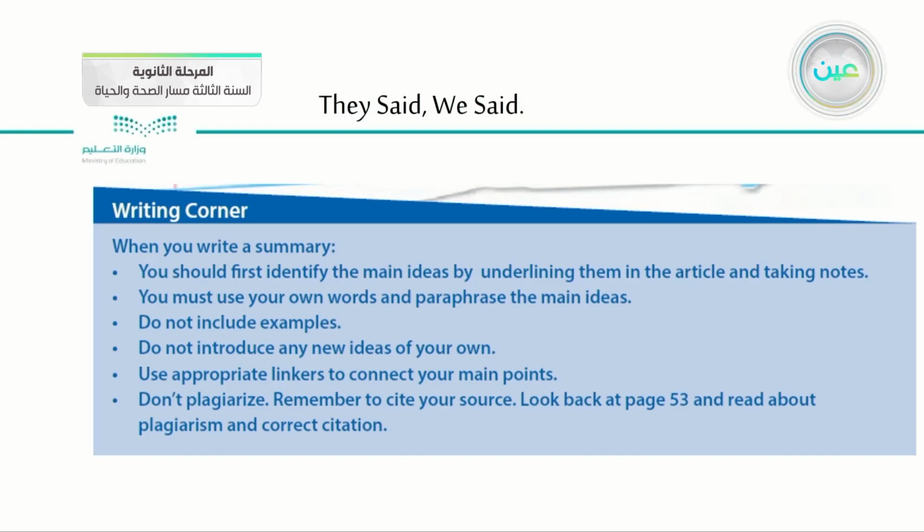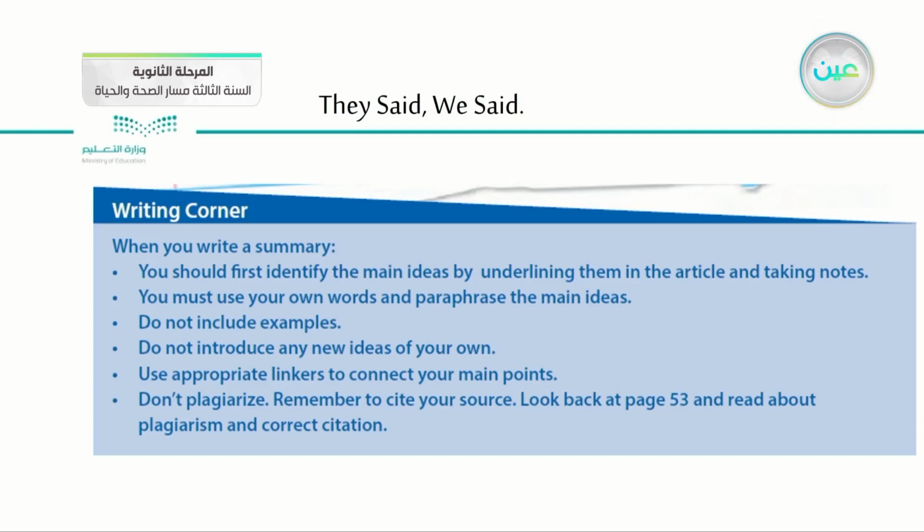We are writing the ideas in a nutshell, so we don't have much space to include these examples. After that, we have to put in mind that we are writing a summary of someone's essay. Then in this case, we shouldn't introduce any new ideas of our own, because we are not writing something that belongs to us. We are representing the ideas of someone else, so we have to be faithful to his or her